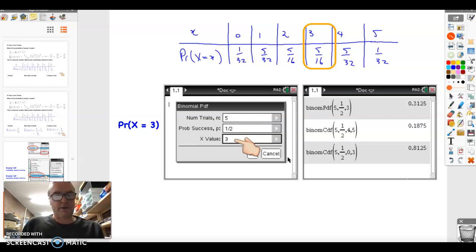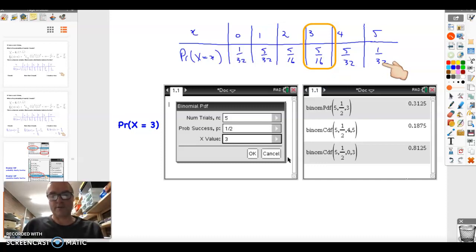I can choose to put in a value of x, or I can leave that blank. If I leave it blank, the calculator will give me the entire distribution. So it will output all 6 probabilities that we see in this distribution, albeit in decimal form,